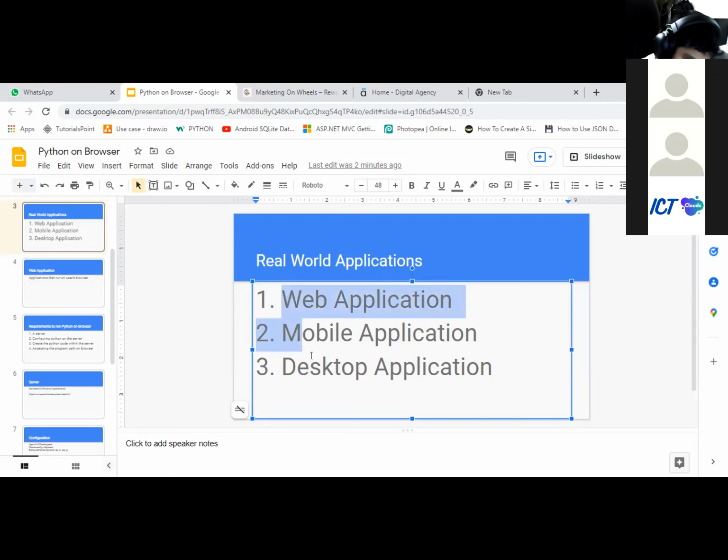to develop these. This is different, and for the mobile application, mostly Java is used, and there are other programming languages. Java is used mostly. For the web application,